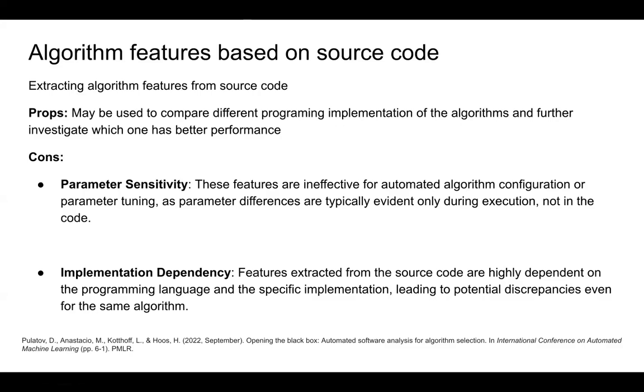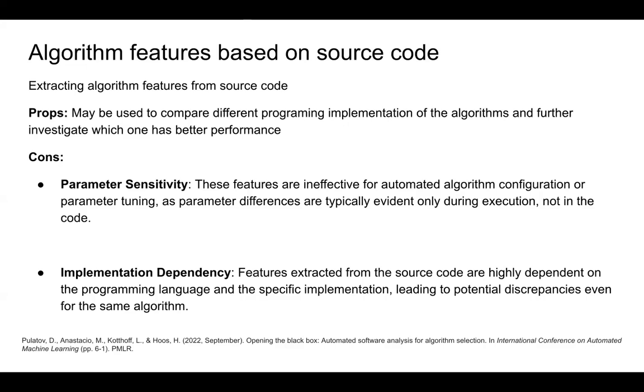So what are actually the pros? They can be used to compare different programming implementations of the algorithm, but they cannot be used in algorithm selection or algorithm configuration, because the parameter sensitivity is not related to how the code is implemented, but much more related to how the algorithm behaves, right? So this is the reason why they have been done for the source code, and they were tested in software